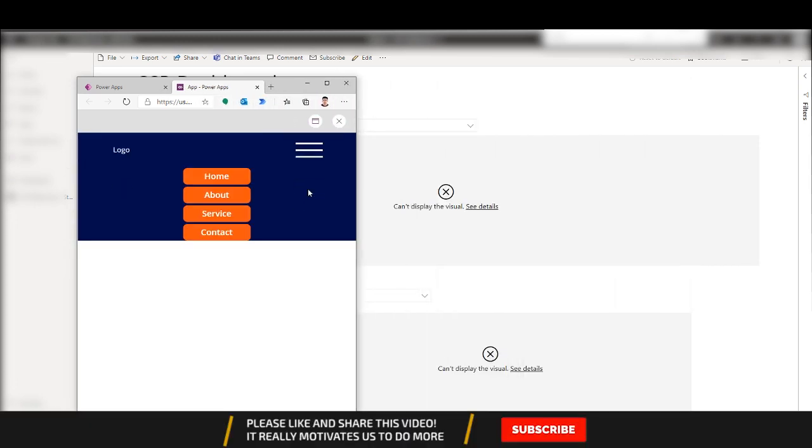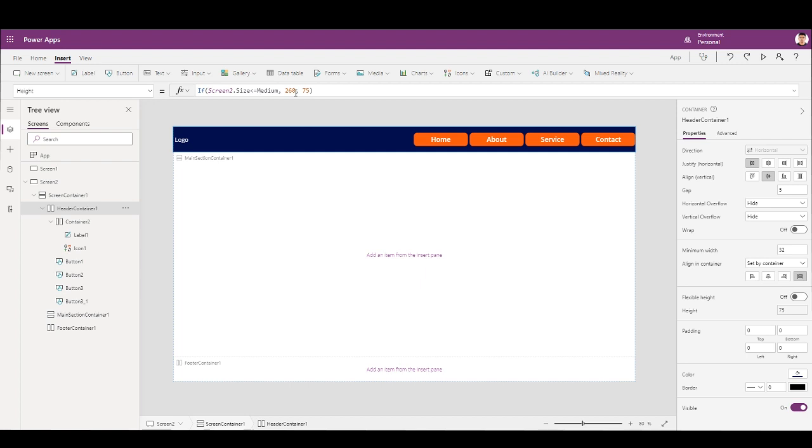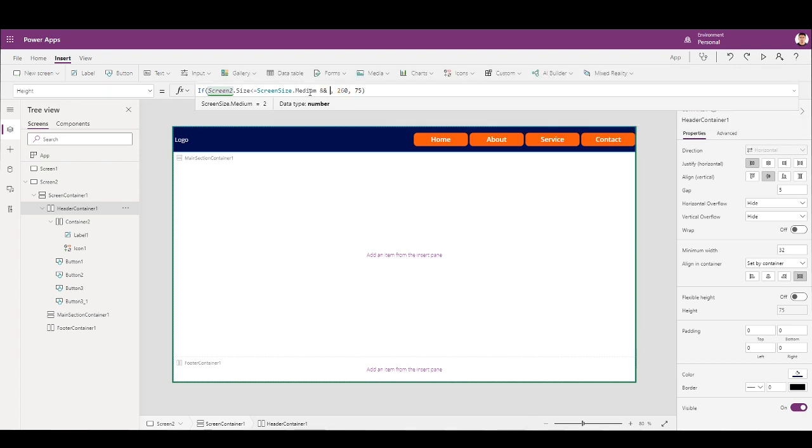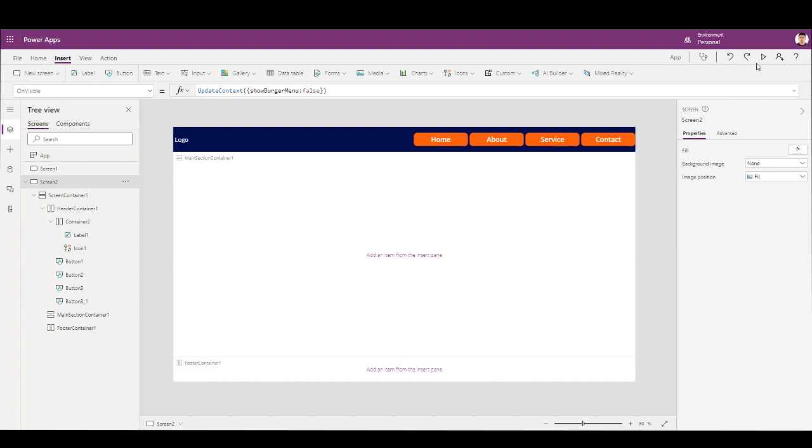Now this is fine, but I don't need this big height. So what I'll do is go here and go to height. So if screen size is medium, and if the burger menu is there, the height will be 260, if not it will be 75.